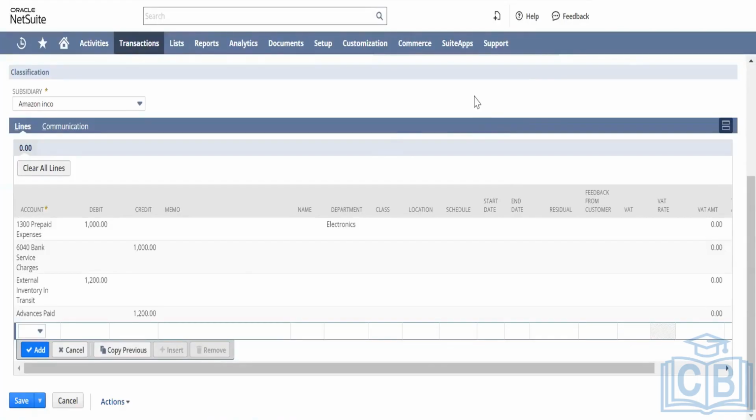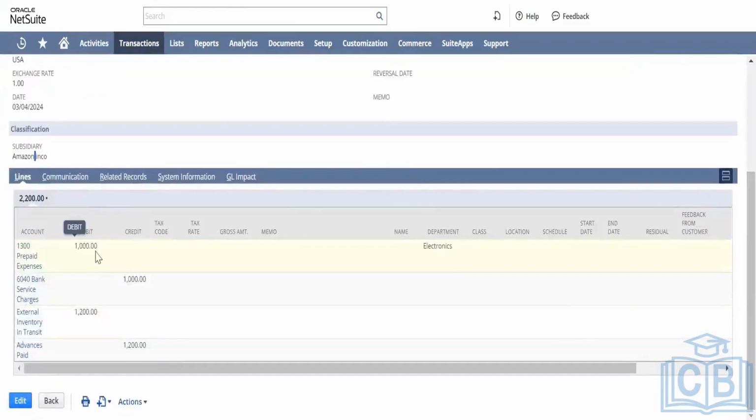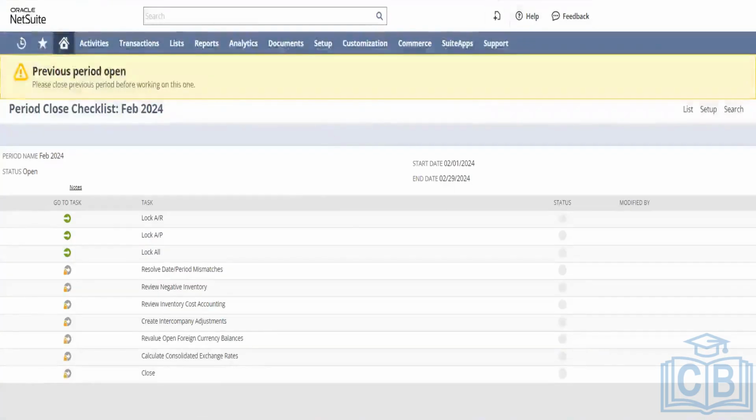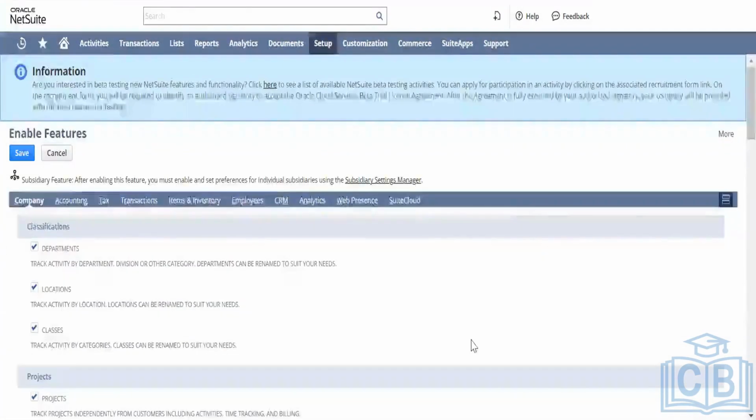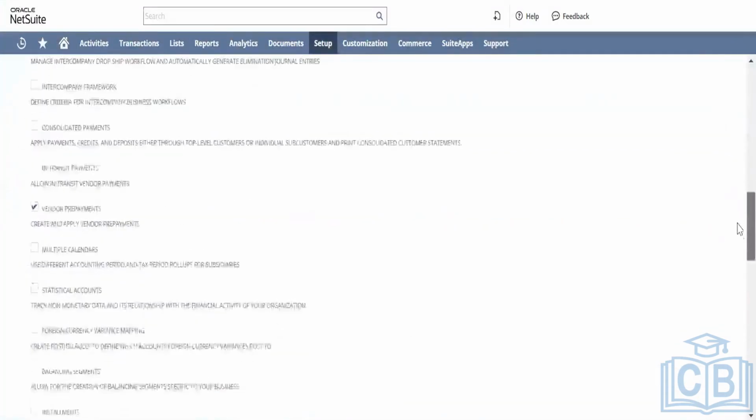So any transactions that you do outside of Netsuite, and if you want to record on Netsuite, this is how you do it. This is a journal entry that I have created now for USA currency because of the subsidiary that I've selected. And I've selected a couple of accounts here, and you know there is a debit credit of those accounts which are selected. That is how your journal entry works. We'll make more journal entries in the coming sessions anyways, but I just wanted to show you that since we were dealing with the month and journal entries here,